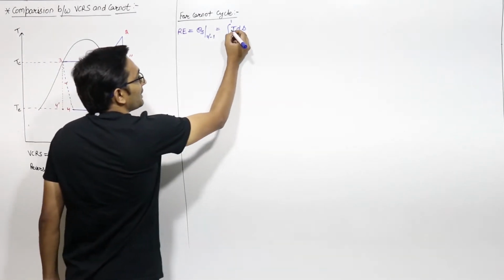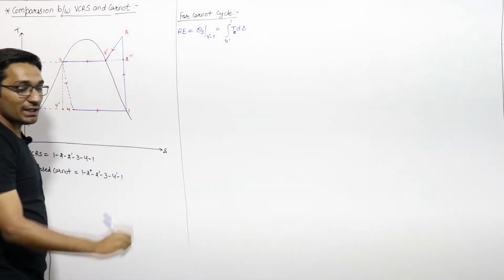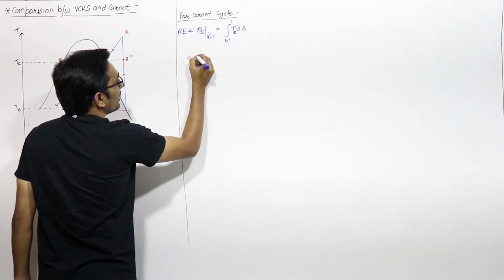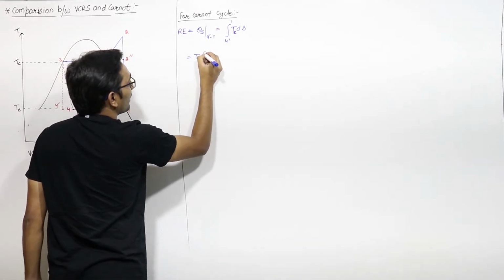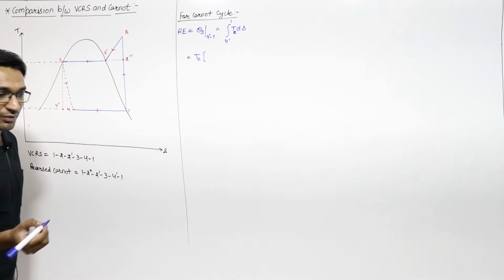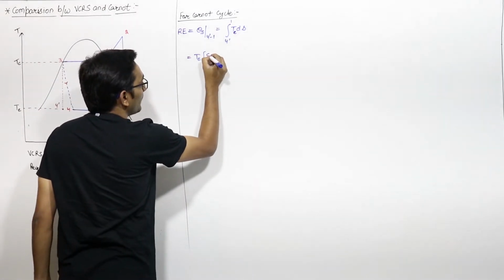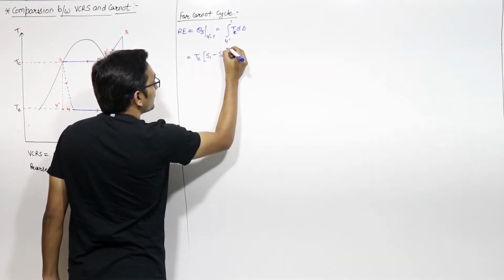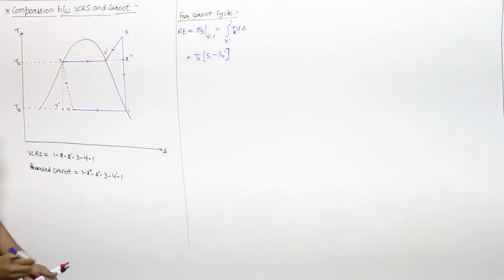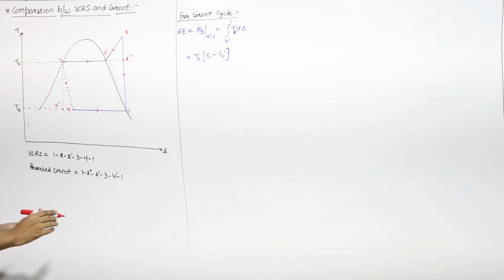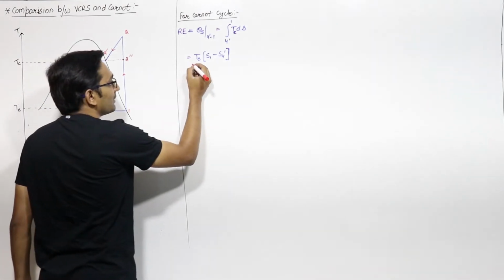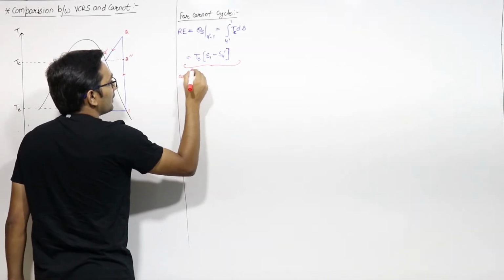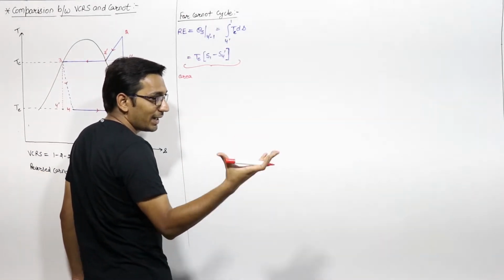And what is this temperature? This is the evaporator temperature TE. So from here you can write that it is equal to TE, which is constant, so it can be taken out of the integration, into S1 minus S4 dash. This is the refrigeration effect of the reversed Carnot cycle. And this is equal to the area under the TS diagram when projected on the entropy axis.